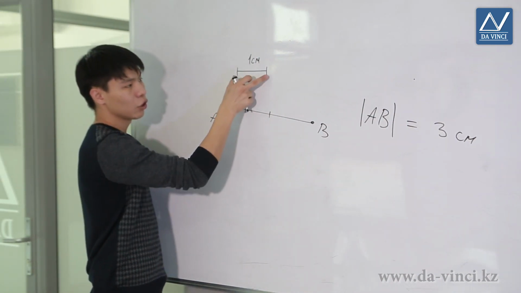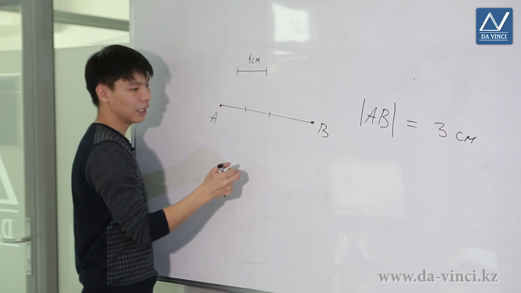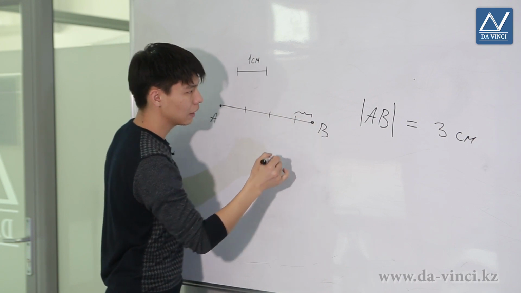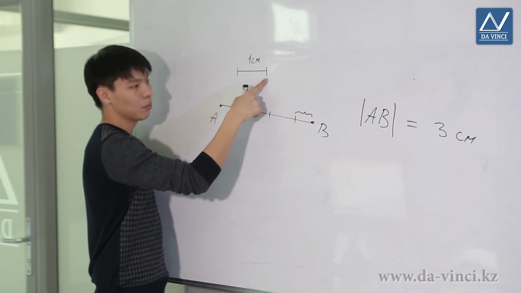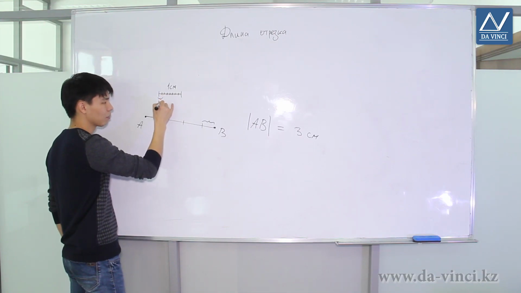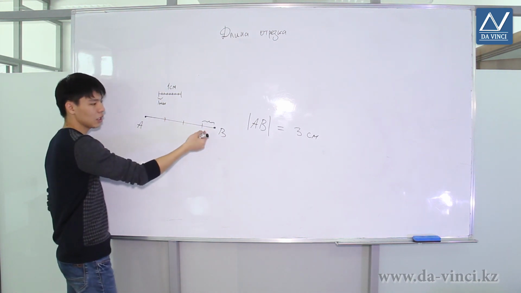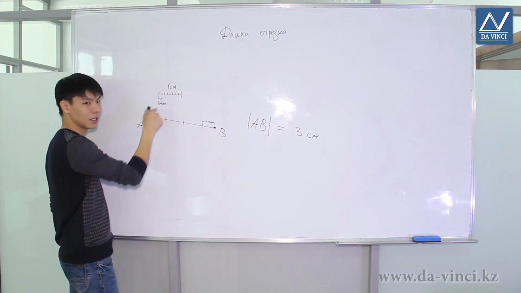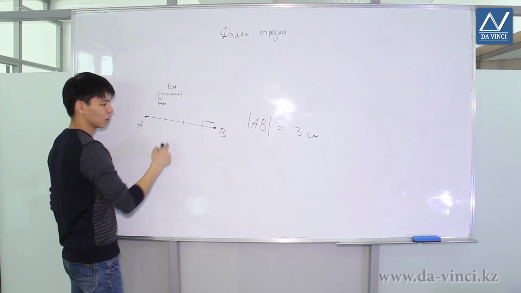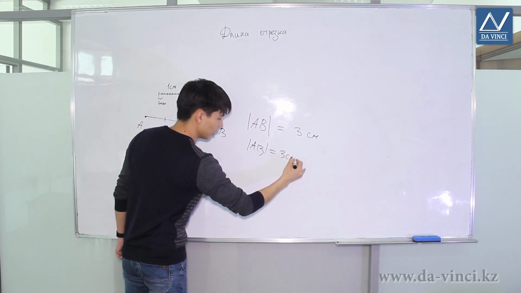There is a chance that the unit segment may not fit a whole number of times into the measured segment. Let's assume that 1 centimeter fits 3 times and there is a portion of additional length left. Then, in order to measure this part, the unit segment is divided into smaller parts, for example, millimeters, and we calculate how many millimeters fit into the remaining amount. If here we also do not have a whole number, then millimeters are divided into smaller parts and so on. We can do this to the required accuracy. For example, it may turn out that the length of segment AB is equal to 3 centimeters and, let's say, 6 millimeters,